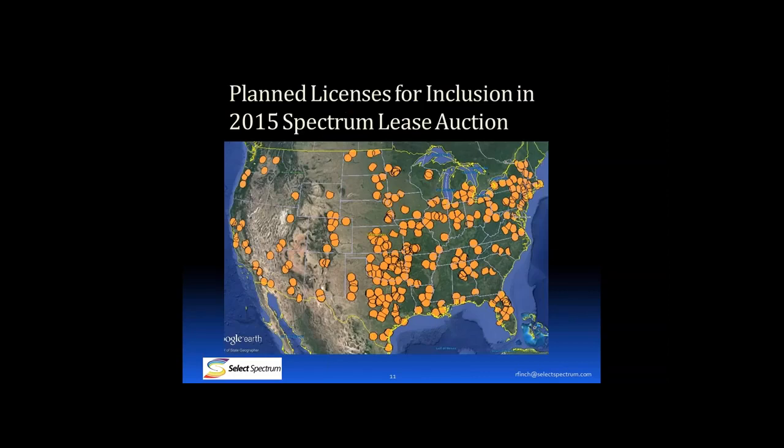So showing here the licenses that we've targeted for inclusion, you see a number of interesting points. First of all, the licenses generally tend to be where most of the people are. You'll see an overlap there consistent with the population as a whole. You also notice there's lots of areas in the western part of the country where the licenses have a full circular shape. They're not overlapping. And in fact, there's vacant space between licenses. That's good news for us.